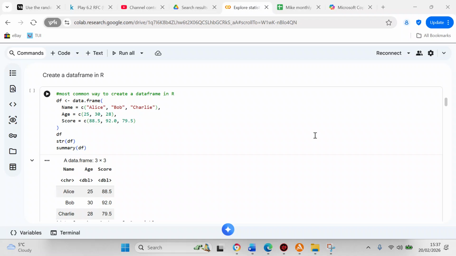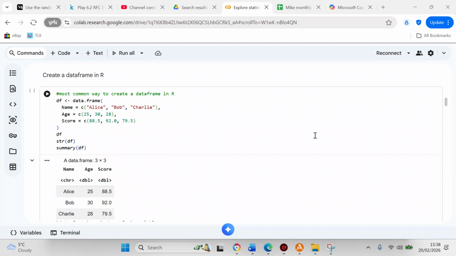It is Crystal here. In this video, we're going to discuss how to create a data frame in R, because data frames are mainly what you're going to be working with when you go over data sets in R. You will probably want to convert your data set to a data frame. And the nice thing about R is that it has inbuilt functions that you can use to actually create a data